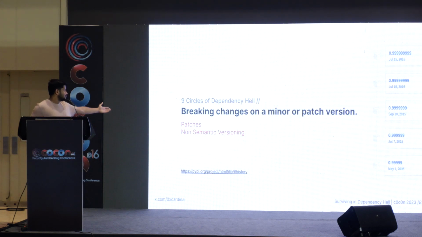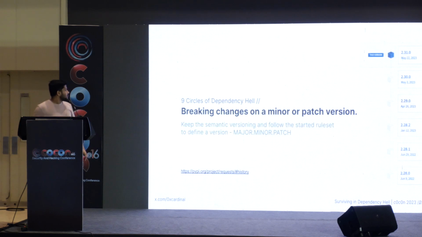So here non-semantic versioning is a problem. If you can see, that was a Python project, html5lib, which once had the version number 0.999 and so on. The same thing that we talked about, major, minor, and patch. We have to do proper semantic versioning. And this is another project, requests, where we have proper semantic versioning so that we know if something is going to break, we should be aware of that.